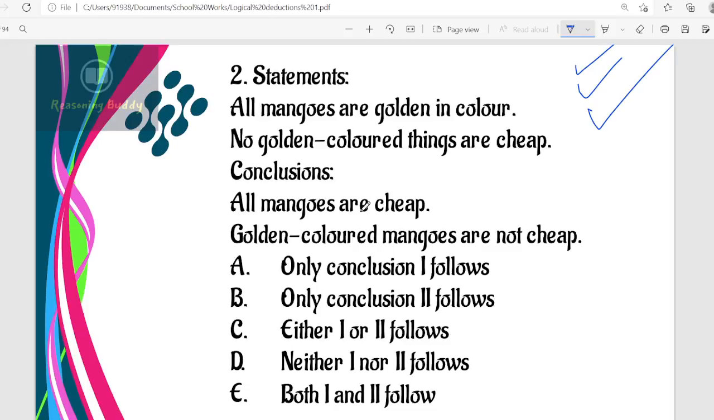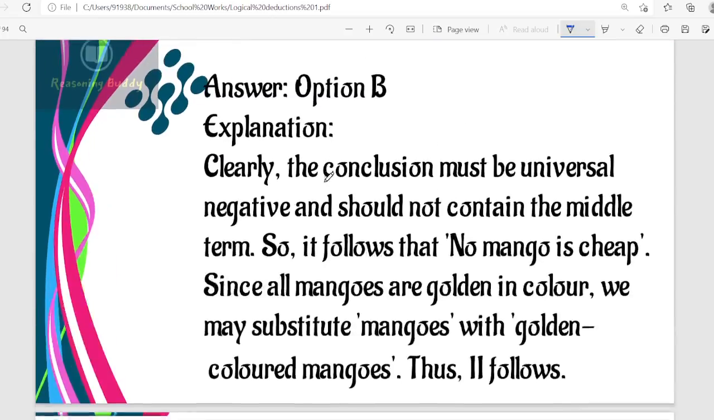According to rule 5, if one statement is negative, the conclusion must be negative. Here it is not negative, so conclusion 2 is correct. Where is it in the options? Option B is right. Next,